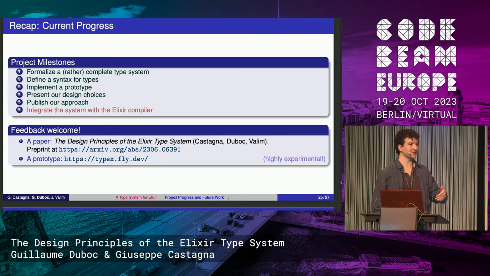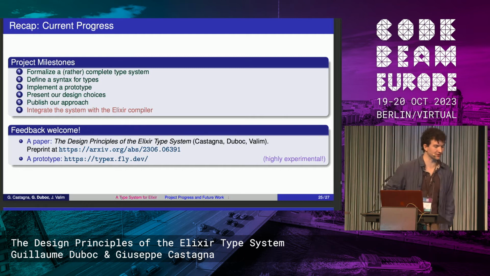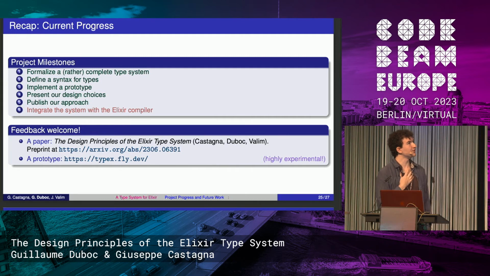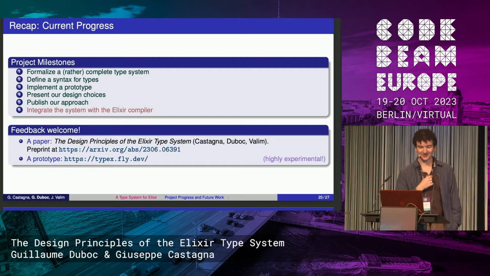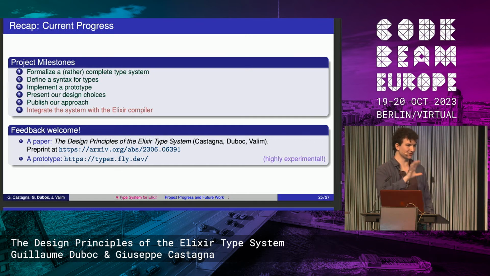Mm-hmm. So it's true that because of subtyping, there's a series of different, more precise types that can be given to a function. How do we decide? Well, that's a good question. I don't think there's a general answer there. The thing is that in this system, we plan to rely more on type annotations first, so that people write the kind of type they want their functions to have. And then inference comes as a guide